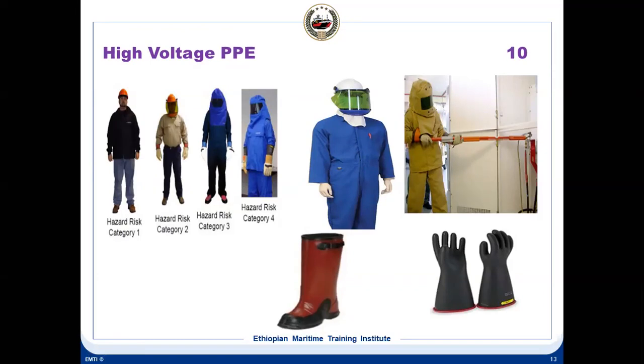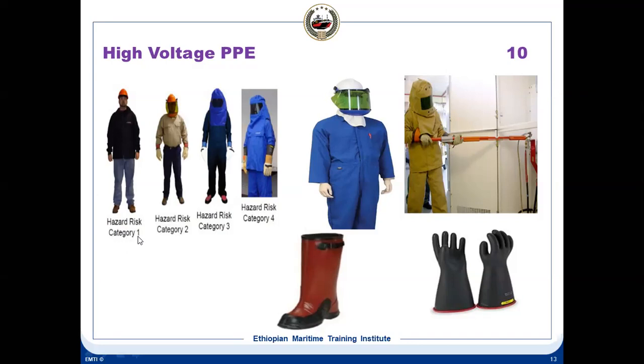Okay. So the PPE, there are different categories depending upon the hazard categories, like risk category 1, risk category 2, risk category 3, risk category 4. The risk category is based on the hazard analysis. The hazard analysis is specified in calories per centimeter square. Okay, the hazard category, we'll see in this what the hazard categories are. Based on that, your PPE will also change.